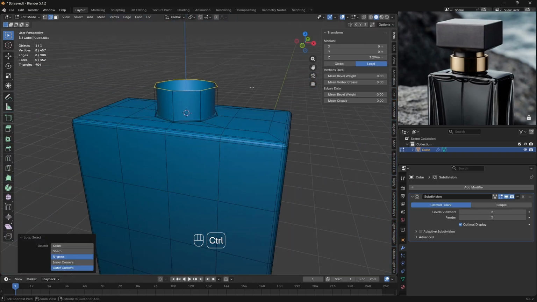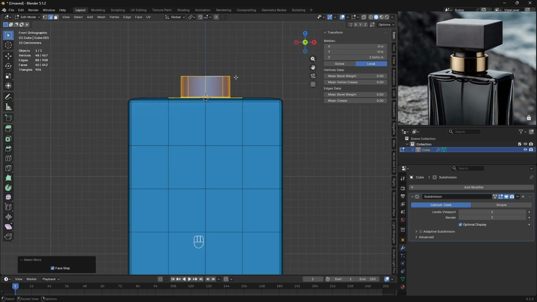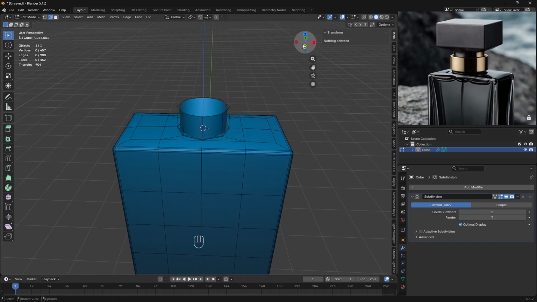I will lift it just a bit one more time, Control and plus numpad on your keyboard, and you can lift this up just like so, so you can get this curvature in here. Alright, and I think we are ready to go.